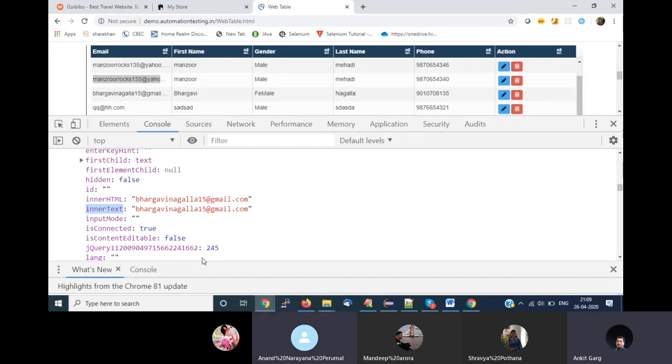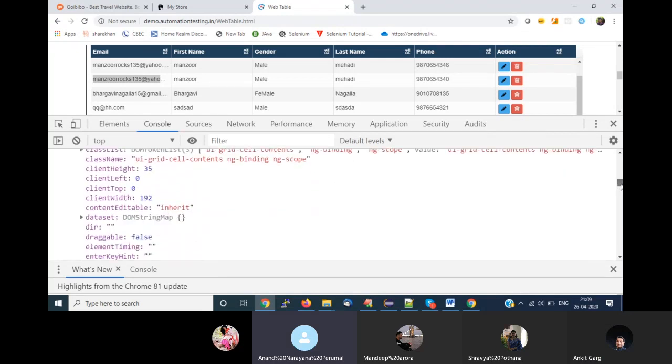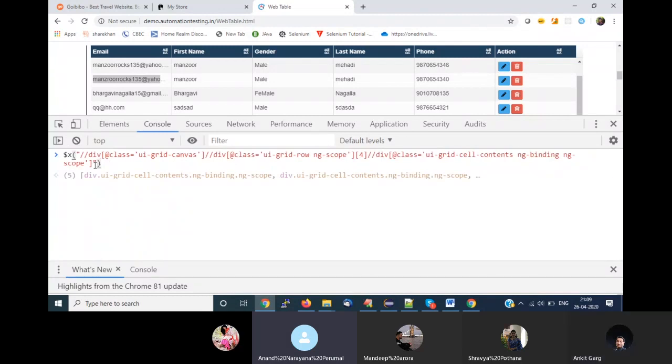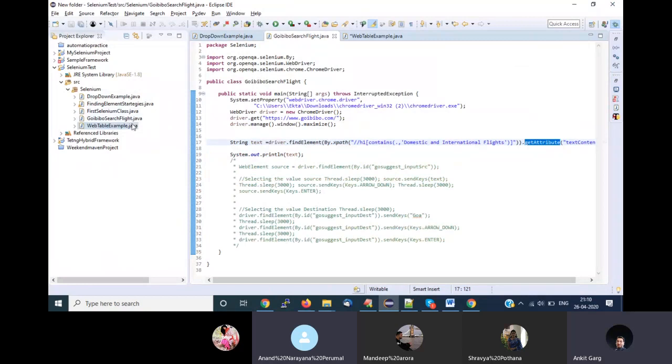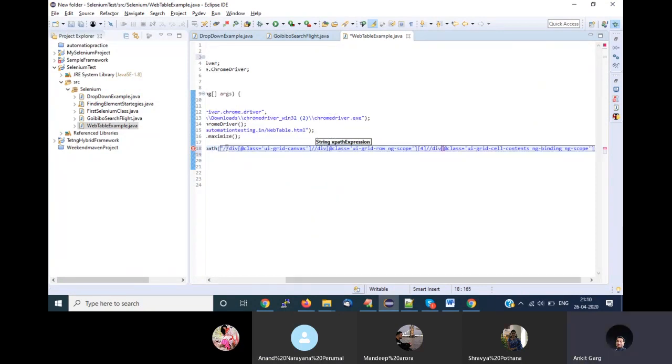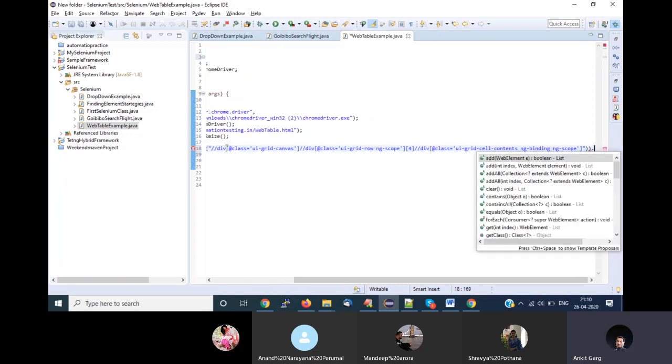Sorry, I didn't get that part. Like until the table, after that we will find the row, and after that the cell, we have to write separately. Okay, let's do it. Web table example. I have changed the row. Now I'm getting multiple elements, so I have to use find elements. First thing, I'm getting 5 elements, right? By dot xpath. This is my xpath, so big. That's fine.